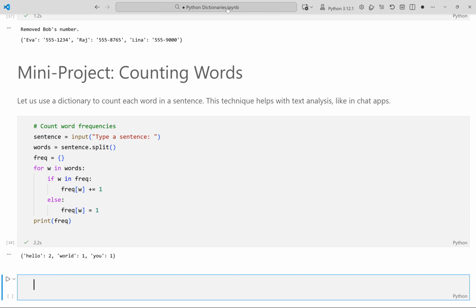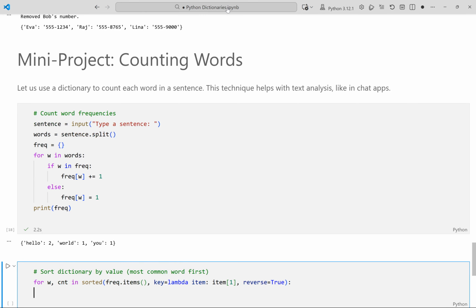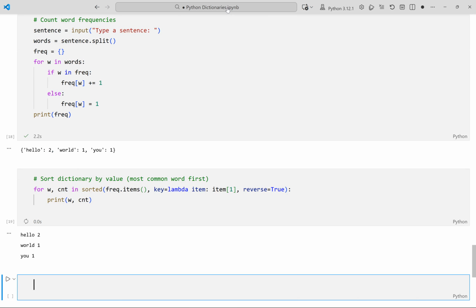We can sort the word counts by how often they appear. Sorted uses a special function to order from highest to lowest. Printing each word and its count shows the results clearly. Running the cell now. This output shows the words from the sentence sorted by their frequency, with hello appearing twice